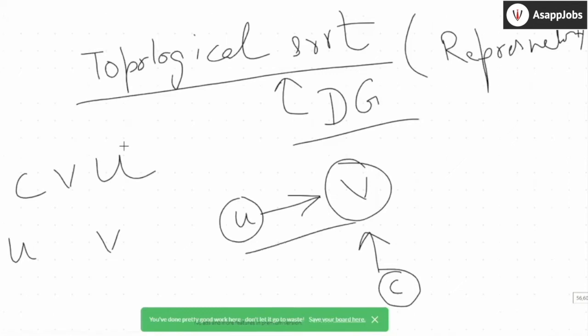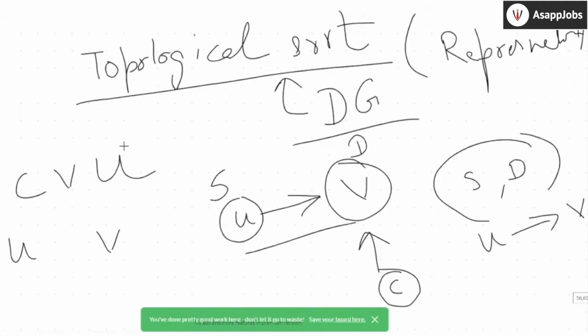If there is an edge from any vertex, the source vertex should always come before the destination vertex, for all the vertices. That's how you represent a topological order. So if I say U to V, V is the destination vertex and U is the source vertex. That's what I mean by source and destination vertex. It always has to be U, V; it cannot be V to U. That's what a topological order is.